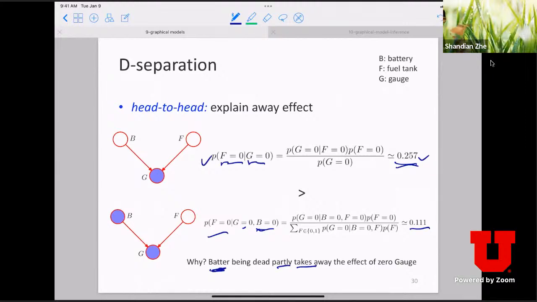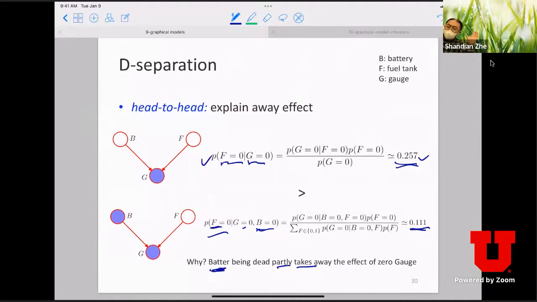So your chance that your actual fuel tank is empty is even lower. So this is the basic property of the Bayesian network,